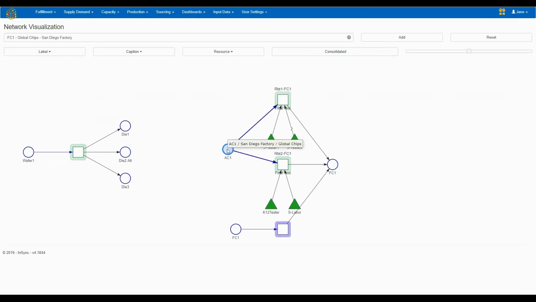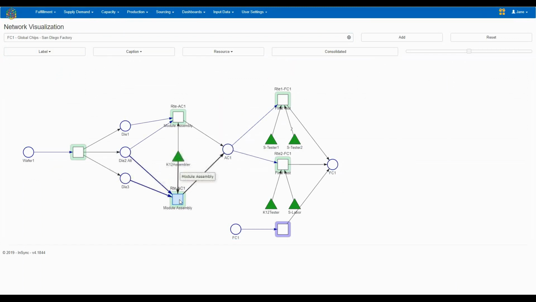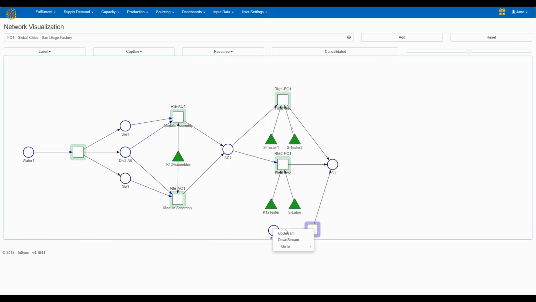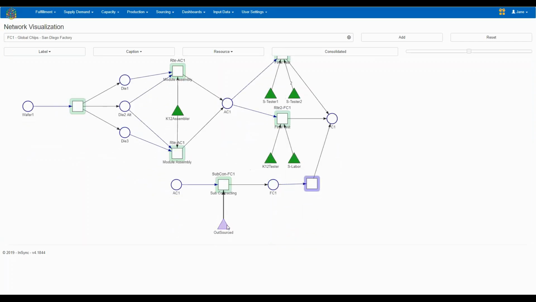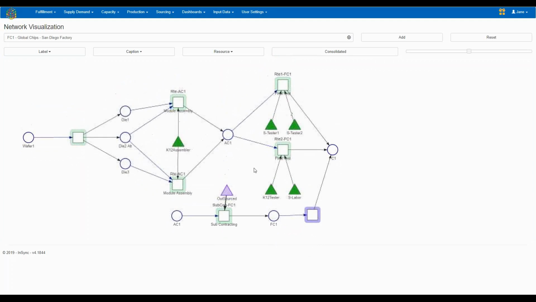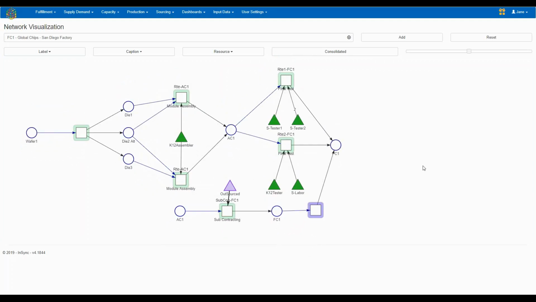Let's connect the assembled component to the dies, and also expand the subcontracting path at the bottom with its associated resource. This will show us the multi-tiered supply chain. Here we are looking at a supply chain of an item with three levels. The circles represent stocking points, and the squares indicate the manufacturing process, and triangles the resources used in the manufacturing